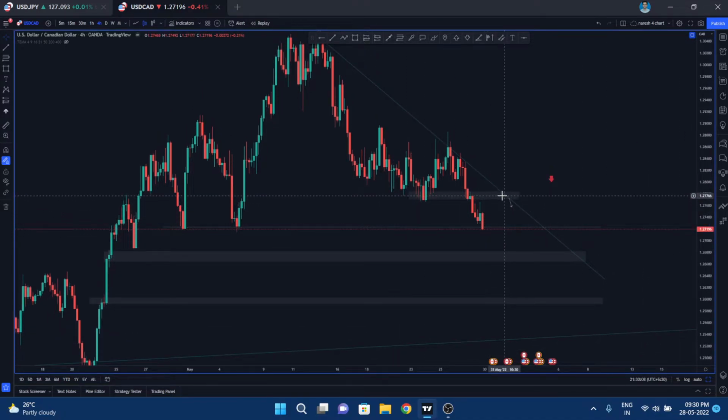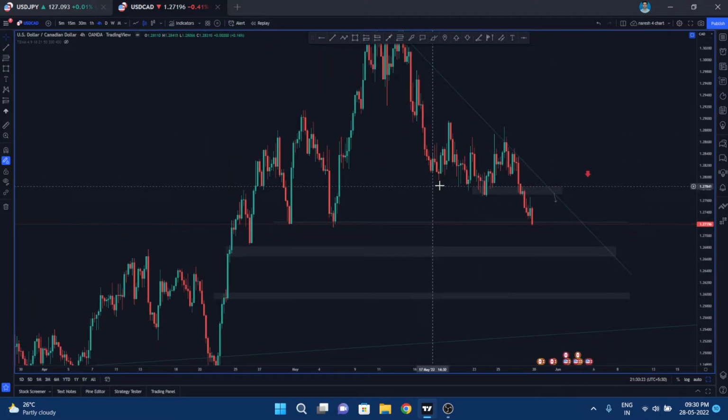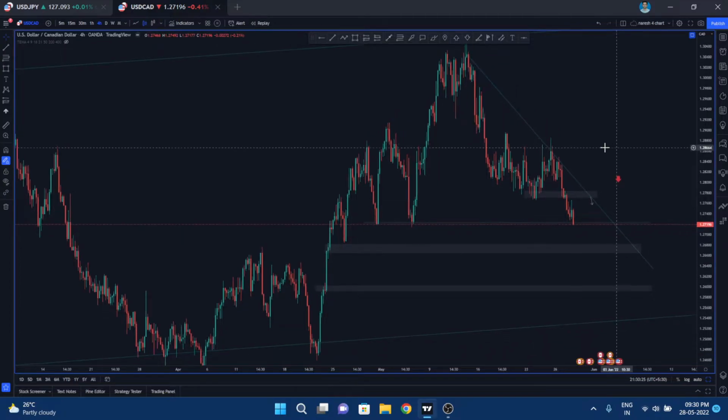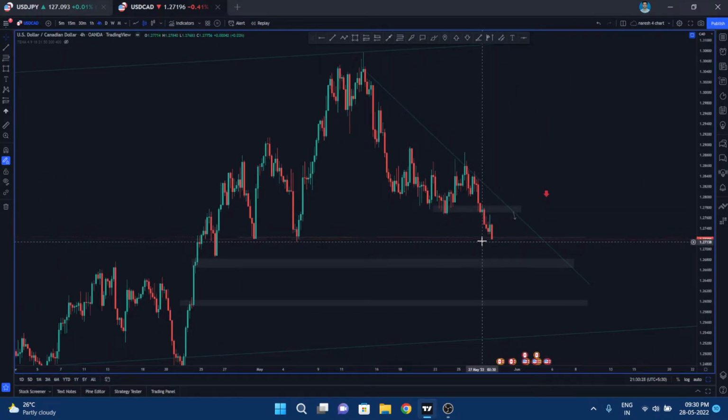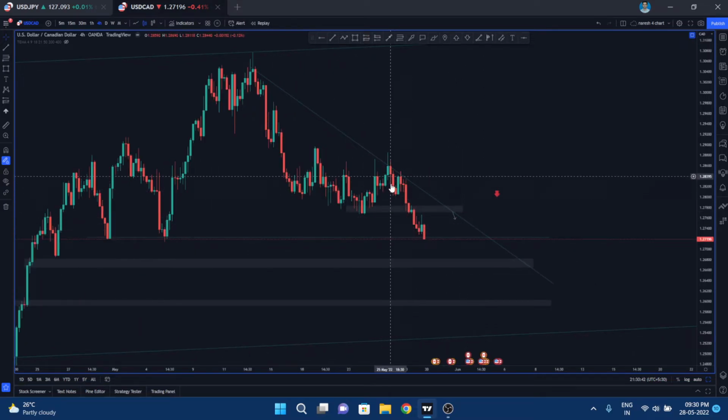Either you can wait for the pullback to this level and go for short entries, or if it is continuing down directly, again you wait for the pullback to this trend line and look for short entries after an engulfing candle on the 1 hour time frame. So simple as that, guys. Very simple. I'm not looking for long entries here because the trend is down and it is super bearish compared to bullish, because you can see the momentum on the downside: how many candles it took to go up, and the duration to come down is much less compared to this.